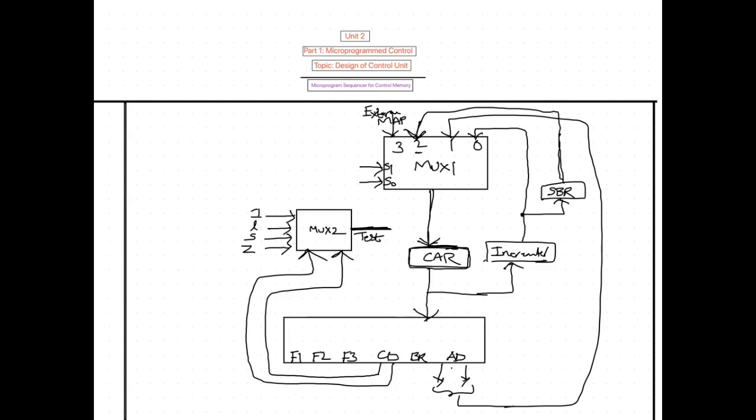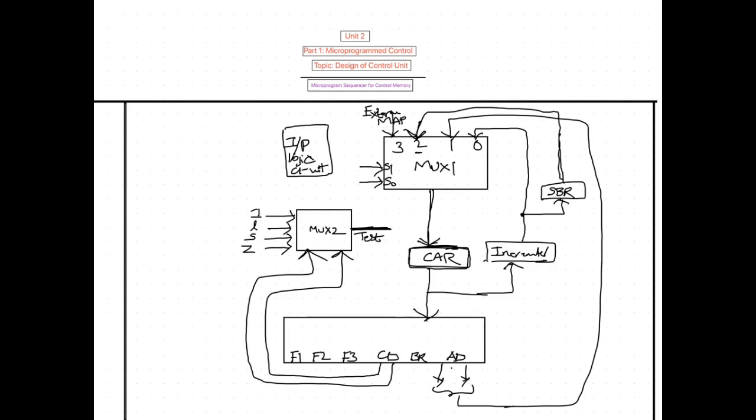These CD bits are the selection lines. Now I am taking the input logic circuit.